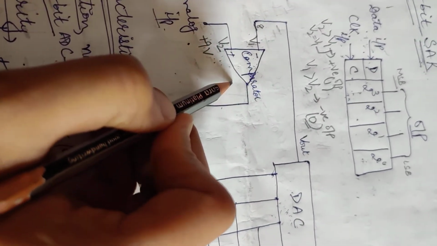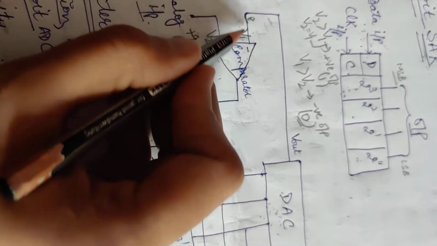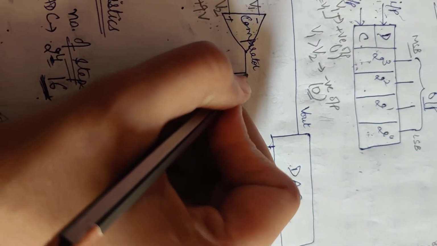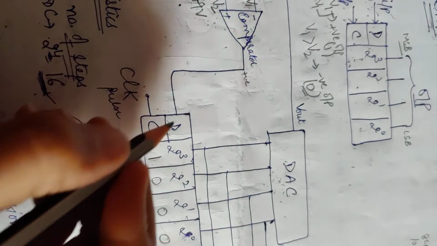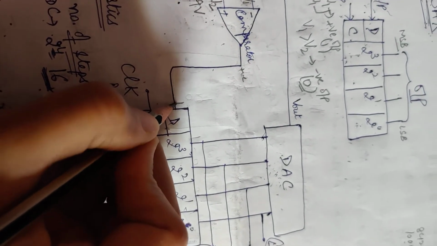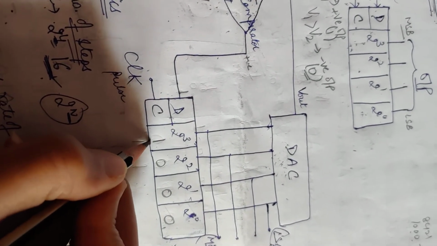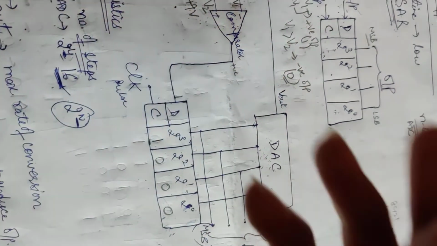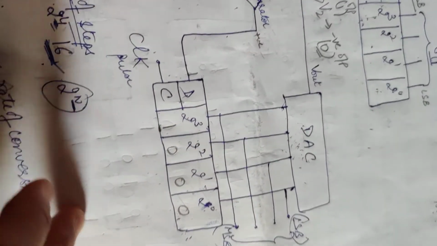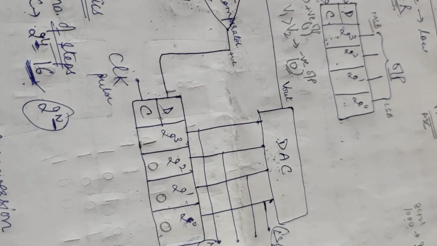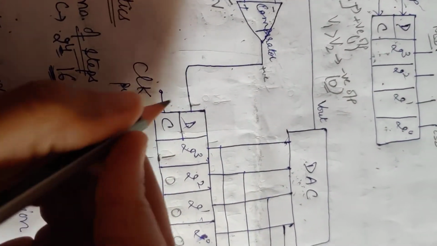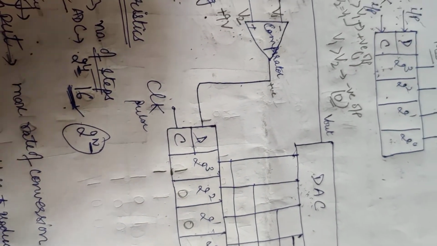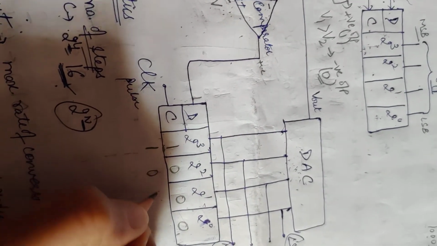So this comparator will compare 9 and 8. 8 is negative, 9 is positive. That means it gives positive output, that is 1. So here the input is 1. This input is for this particular bit. So this bit remains set for the completion of the whole conversion. This bit will remain set. यह bit आपकी 1 ही हो जाएगी क्योंकि data input 1 है. So यह bit आपकी permanently 1 हो गई. अब next clock के लिए हम इनको 0 करेंगे.